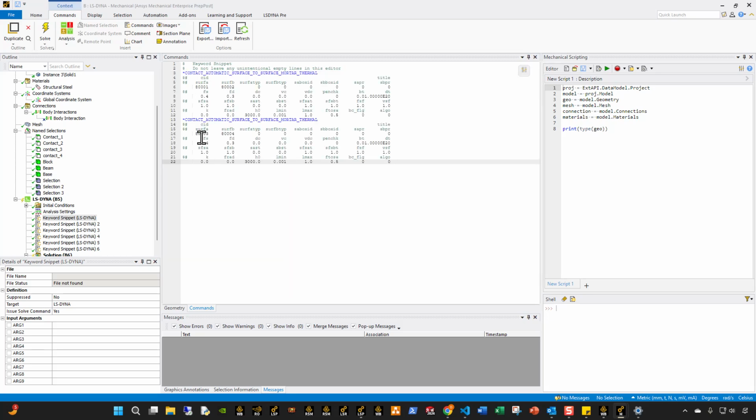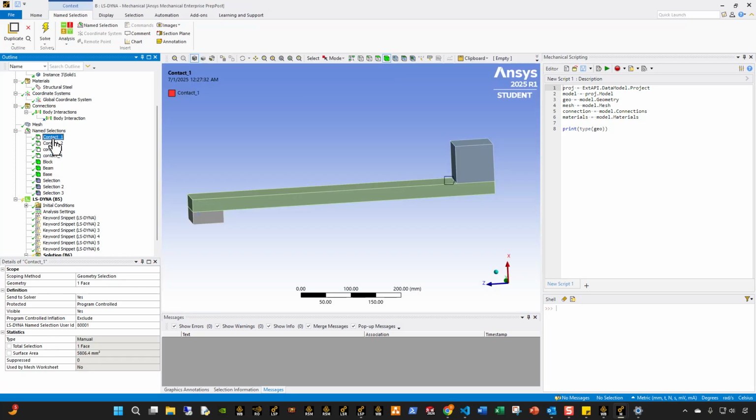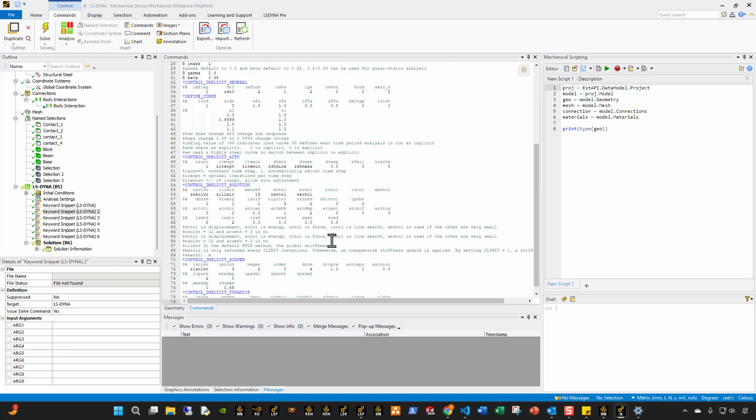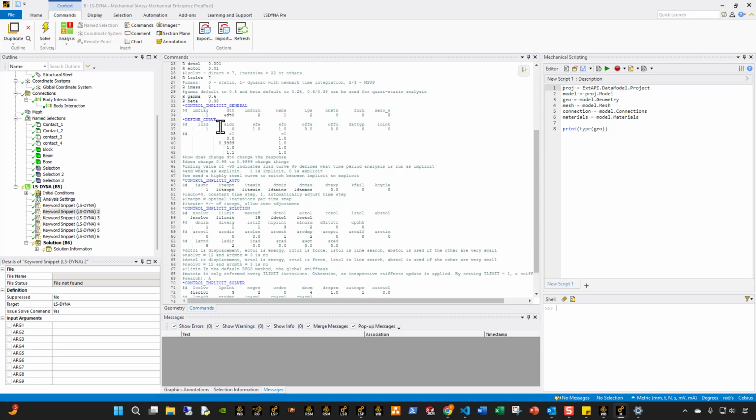Notice 8001, 8002, 8003, 8004 correspond to 1, 2, 3, 4, right? Next one, I'm gonna use this is my implicit control cards. This is my implicit control card because